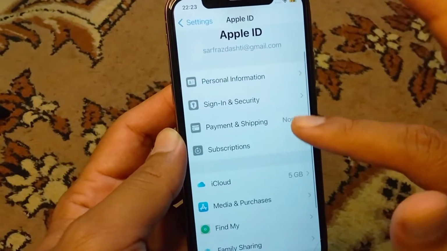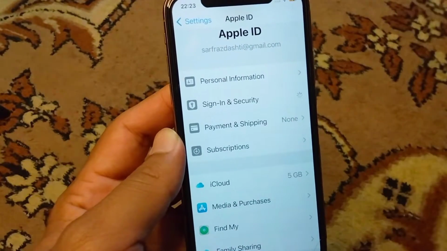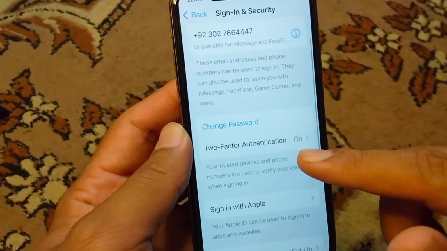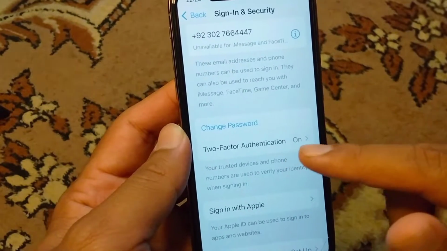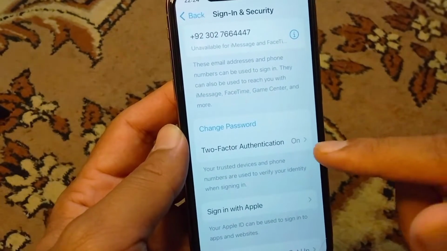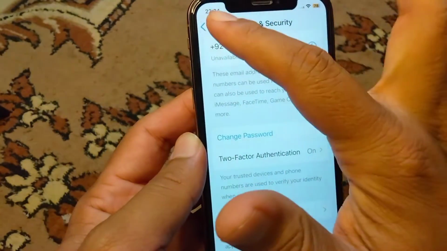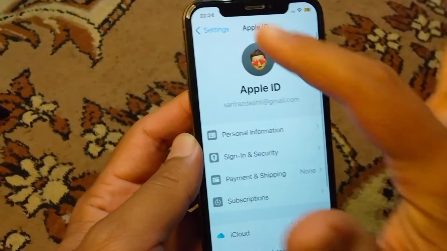and from here tap on Sign-In & Security and wait for some seconds here, and from here make sure that the two-factor authentication is turned on in your iPhone. So guys, simply turn it on if it is off and after this go back and from here you have